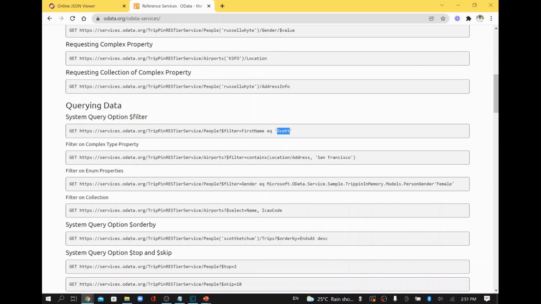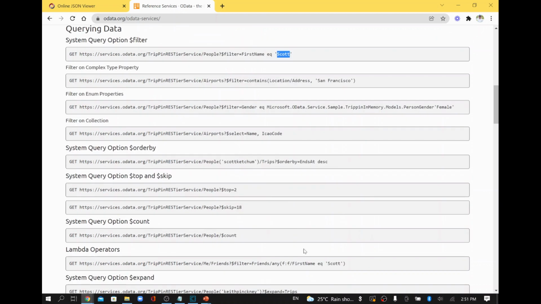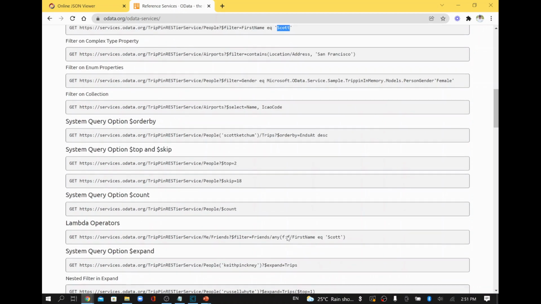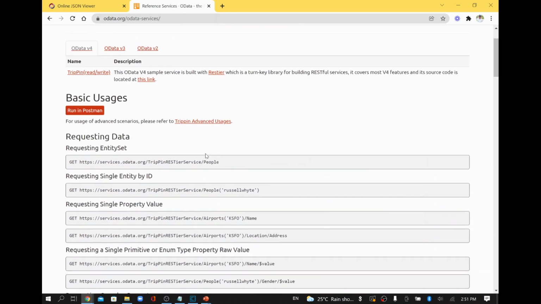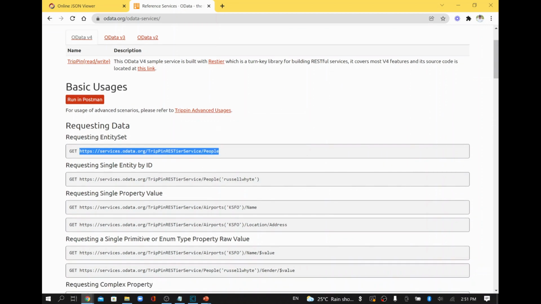Similarly, with an OData web service, you can take complete records from the table, or you can select specific records from the table. You can apply different syntax in order to fetch different kinds of information. In this example, we are going to check how to invoke the OData service from webMethods. First we will try this people one, and then later we will apply some filter and see if we are able to invoke it successfully or not.